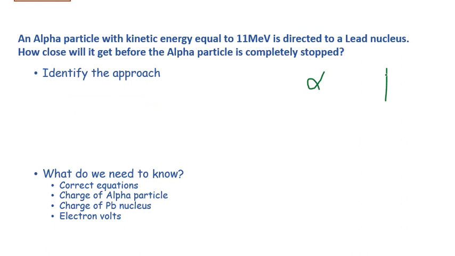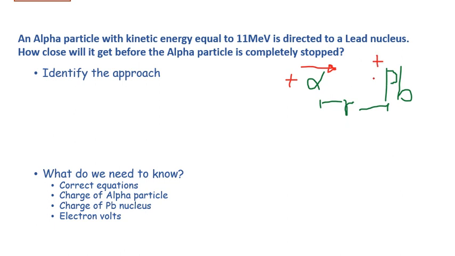First, we'll draw a rough diagram, a sketch. This is what I usually do. I try to figure out what happens here. The alpha particle moves towards the lead nucleus because it has kinetic energy. The alpha particle is positively charged. The lead nucleus is obviously